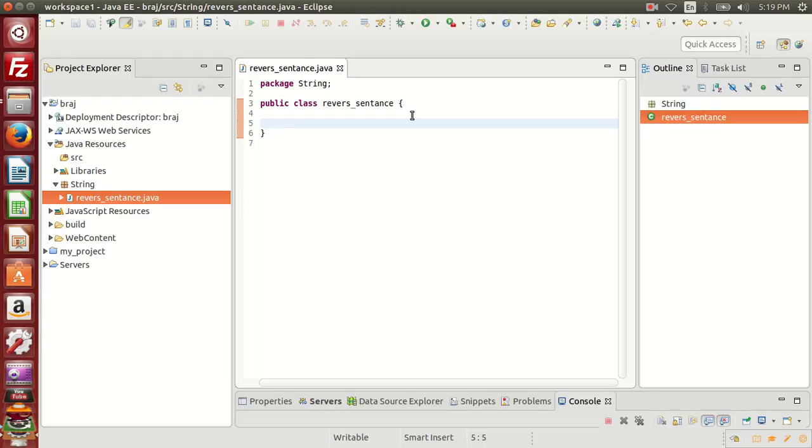Okay, so in that I will take one string. First I will